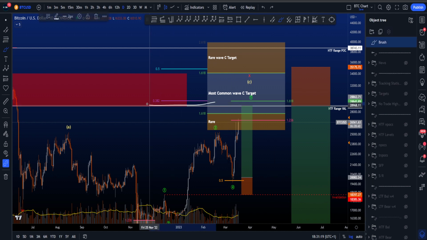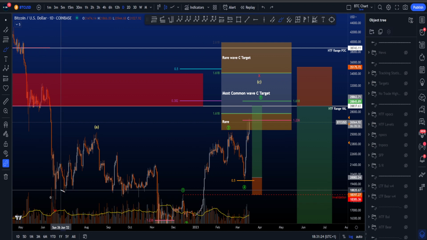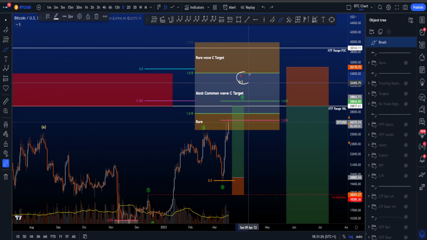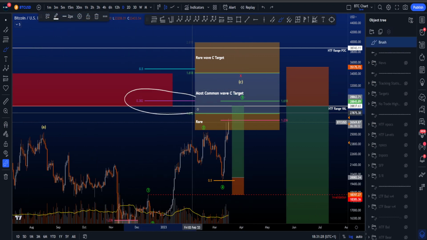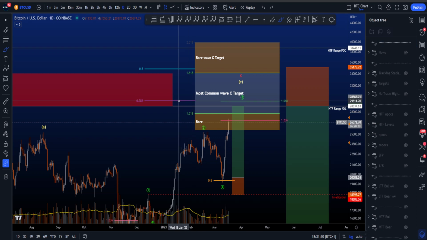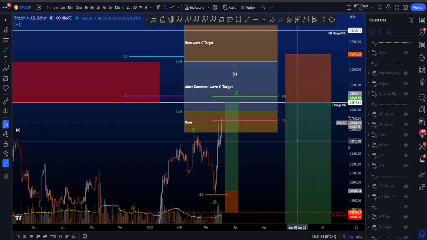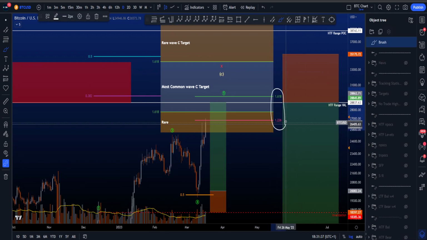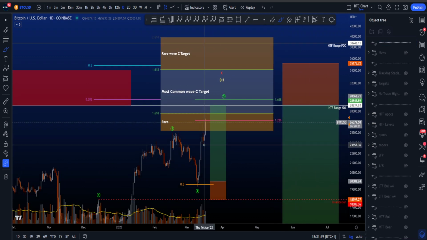Something else that is important to note are the Fibonacci retracements over here, taken from the all-time high to the low of W, with then the red wave X usually having a minimum target of the 0.382 that currently sits at about 29.7k. Another important thing to note are the Fibonacci's here on the right side, because these are wave 5 targets